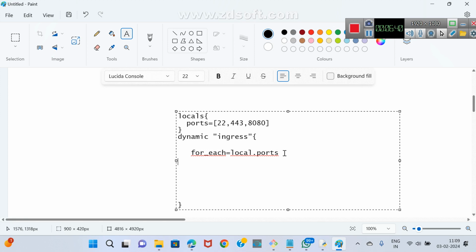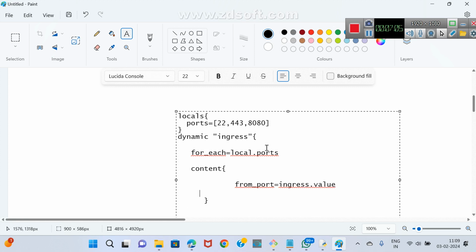After this, you need to type here content. Within the content, you need to add again same procedure, from_port. Can you guess it? What you need to write here? from_port is ingress.value. Ingress.value, what is the meaning here?